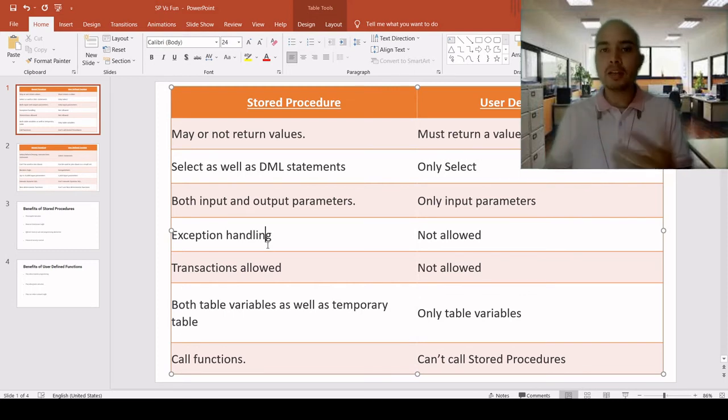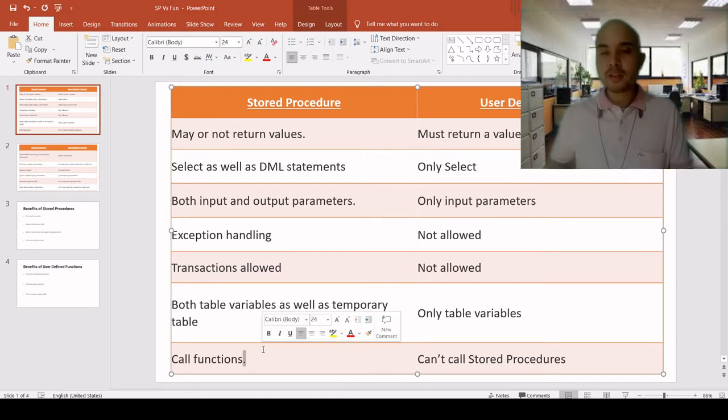Once we are creating a stored procedure, we can write transactions, but it is not allowed in user-defined functions. Table variables and temporary tables can be created in stored procedures, but only table variables are allowed in functions. Temporary tables cannot be created in functions.